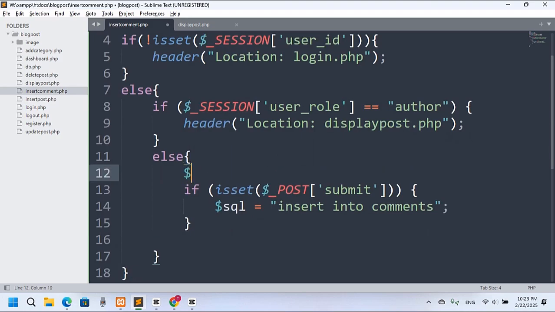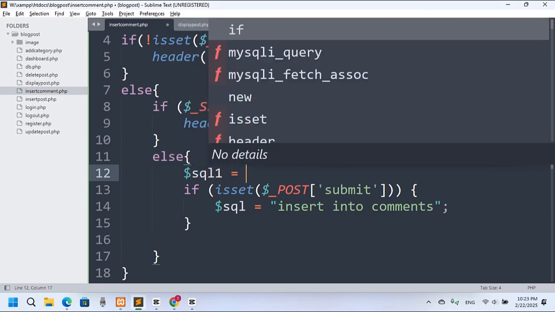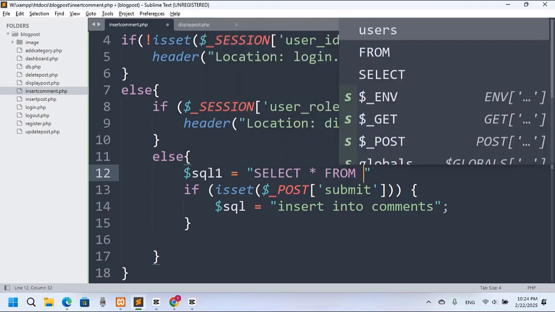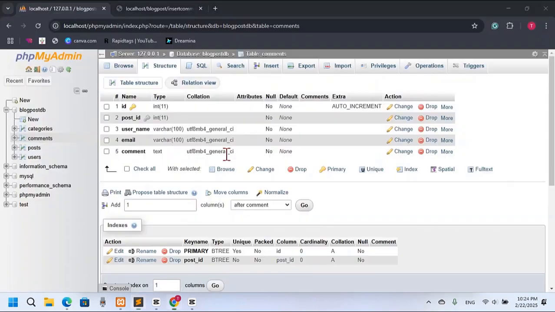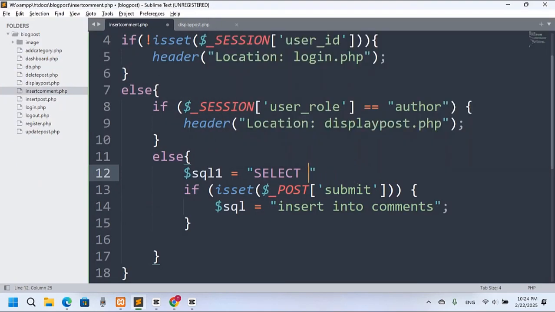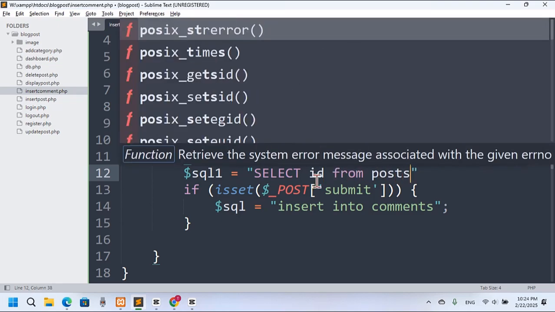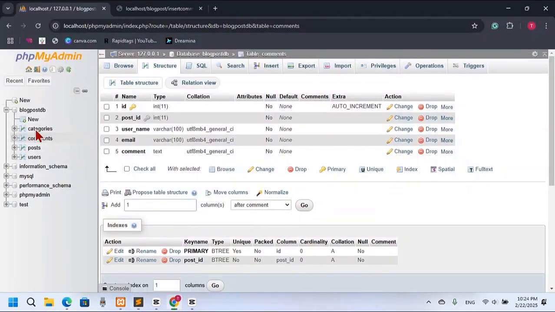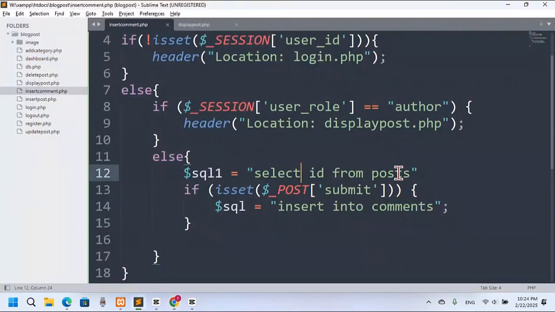So I will say here $SQL1, and I will say select star from post, I need the post ID. So select star from post, or I can just select ID, right? Select ID from post table. So let me just check. Yes, post. Select ID from post table where